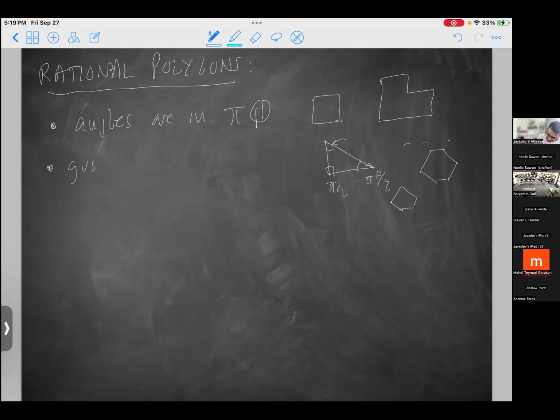If you look at the group generated by reflections in the sides, that group is going to have a bunch of translations in it. So we quotient out by translations. Modulo translations, this is finite. In other words, if you take the lines that define the polygon, move them to the origin, and look at the group generated by those reflections, that group is finite. Again, if you get bored in this talk, you can try and prove that equivalence. All you need is a little bit of Euclidean geometry.